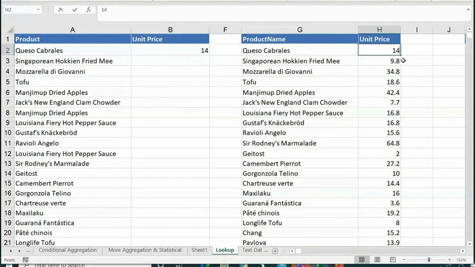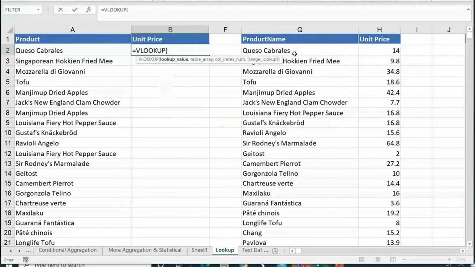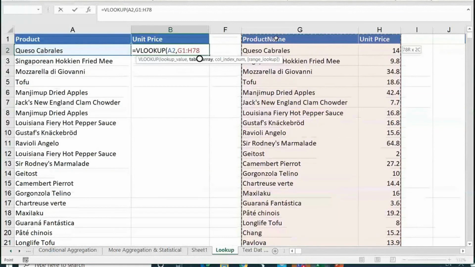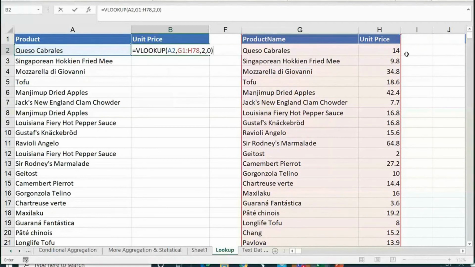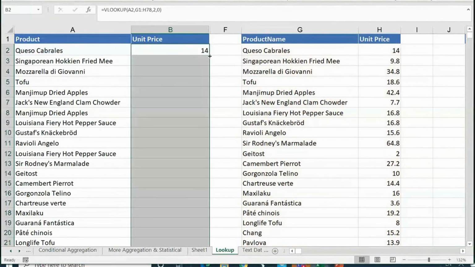So if the price was 24 pounds, it will show 24, right? Now, is it working for all the things? First of all, are you all clear? Equals to VLOOKUP. Quickly I'll run through. Lookup value is this, comma, my table is this. Control backspace, comma 2, comma 0. I close the bracket. 2 because it is second column data, 0 because VLOOKUP needs 0. Why exactly? I'll come back to that in my second example. Enter. Done. Now I copy my formula.